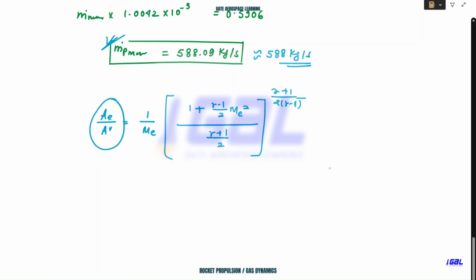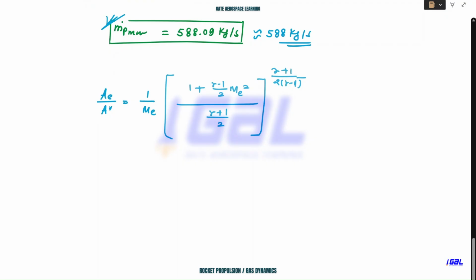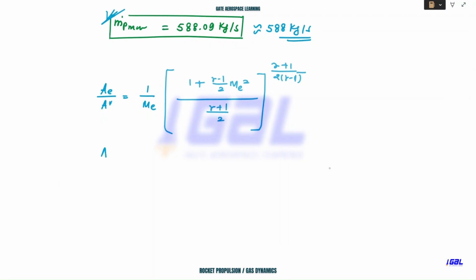So this equation is a function of just Mach number and gamma. Gamma you already know, they have already provided. Exit Mach number, we already did the calculation. Everything we know, we just need to substitute the values. And that is the reason I was saying that gas dynamics becomes important here. You should know the area Mach number relation for calculating the exit area. There can be another way to calculate this, but I feel this is the best way, because every data